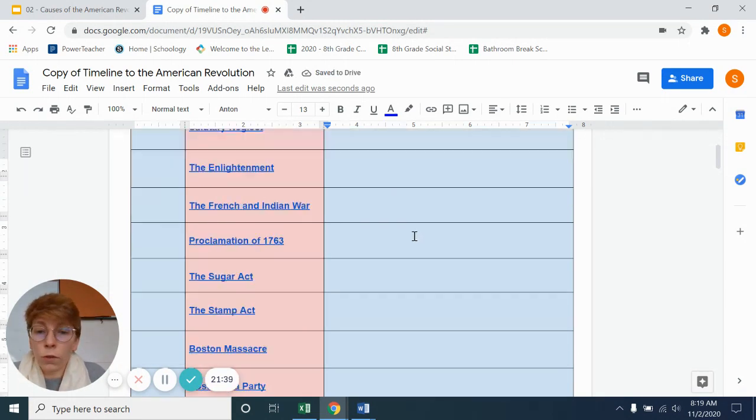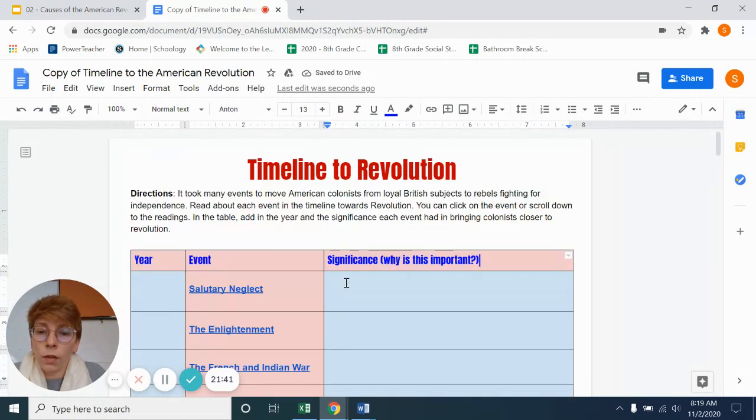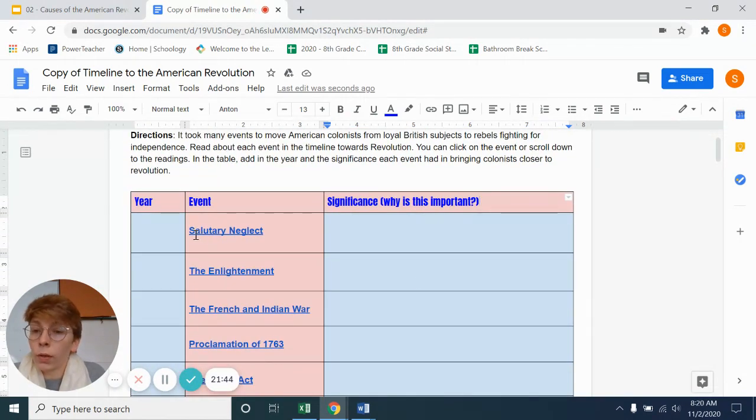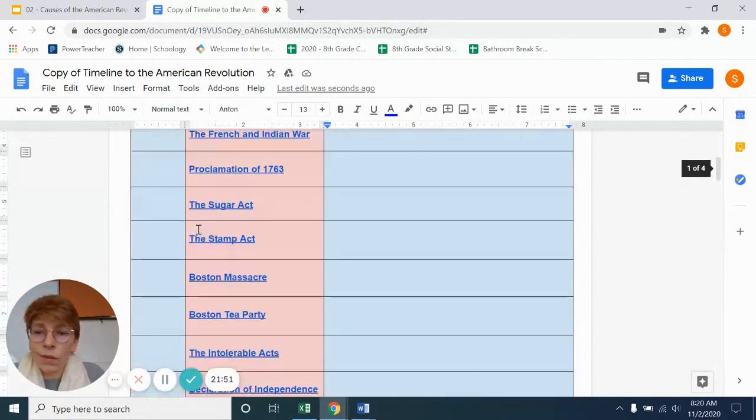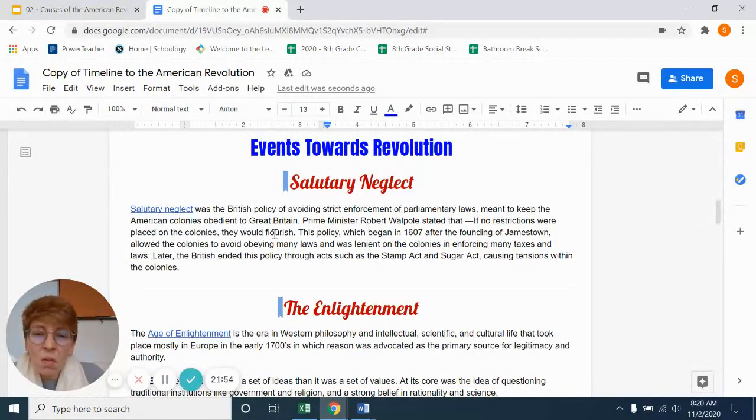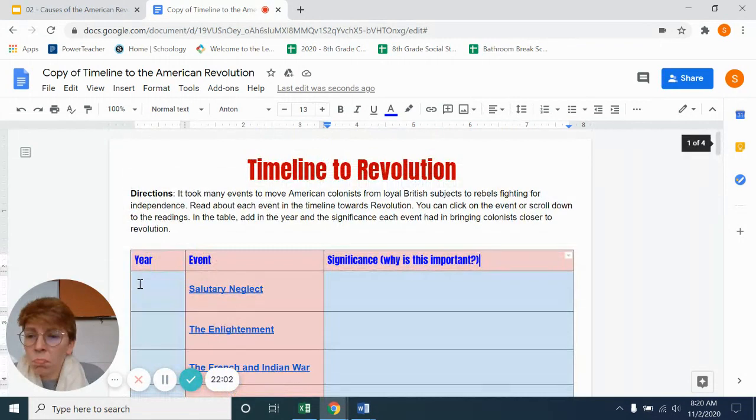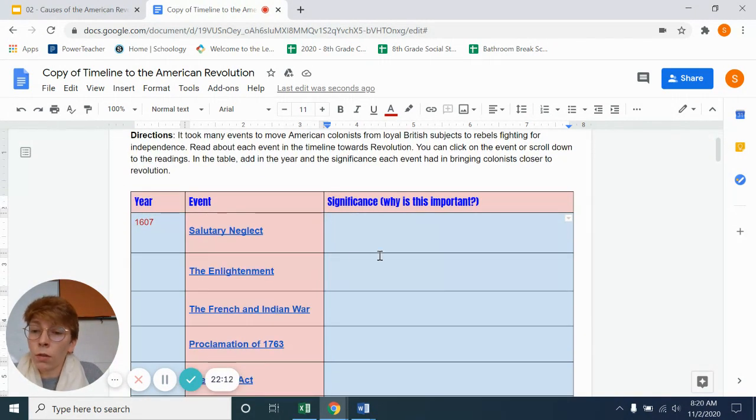So you don't copy and paste this whole paragraph. Don't do that. One sentence, why is this important? So for example, we'll do one, salutary neglect. So this was pretty much from the beginning of the policy, but we'll say 1607. Pretty much from the beginning of the colonies up until post-French and Indian War. Why is this important? Salutary neglect. This is important because